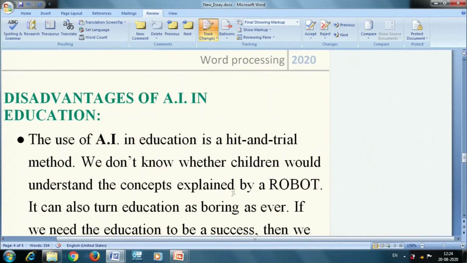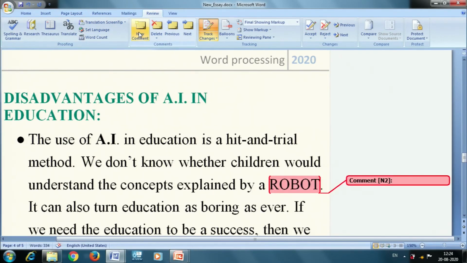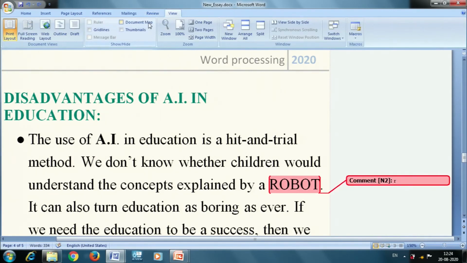Suppose in this particular place, instead of robot, I want to add a comment, robot, sorry. So not in capital letters. If I want to display it only in small letters, I can make it.